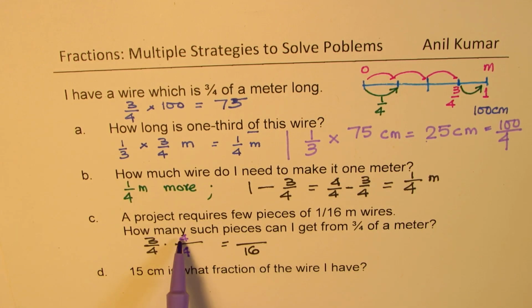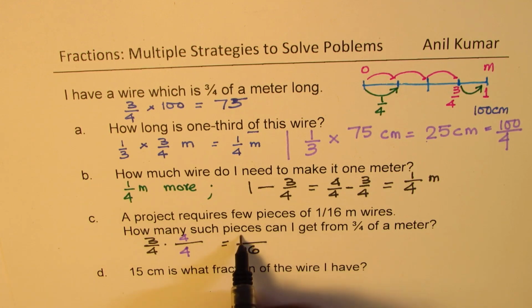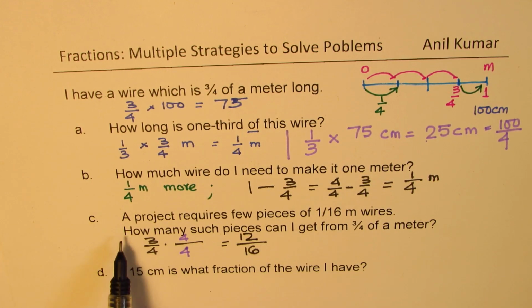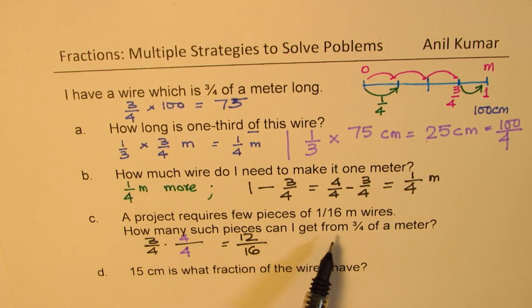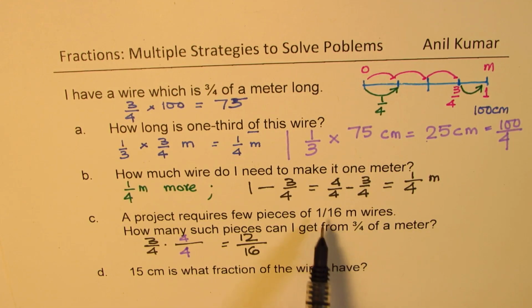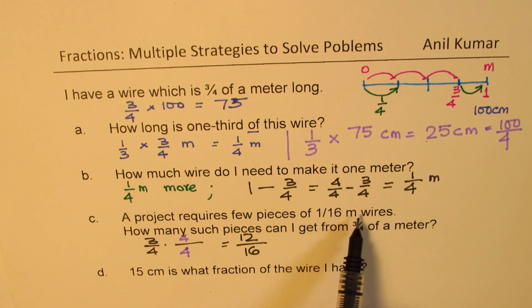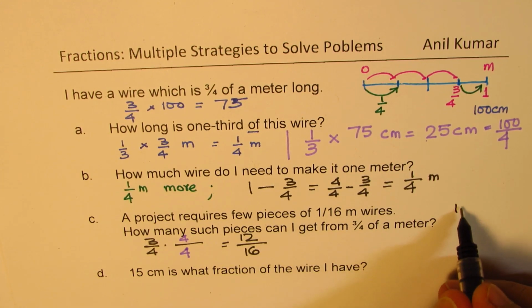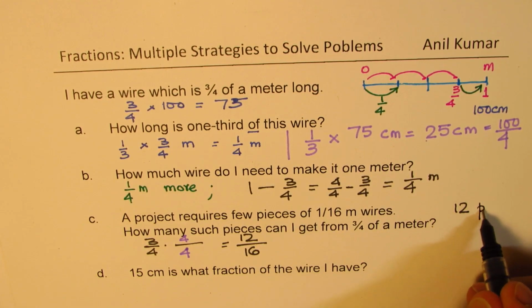So rather, we'll multiply both numerator and denominator by 4. And what we get here is 4 times 3, which is 12. So now again, how many such pieces can I get from 3/4 of a meter? Such pieces, 1/16 meter long. So we can get 12 pieces. Do you see? 12 pieces,